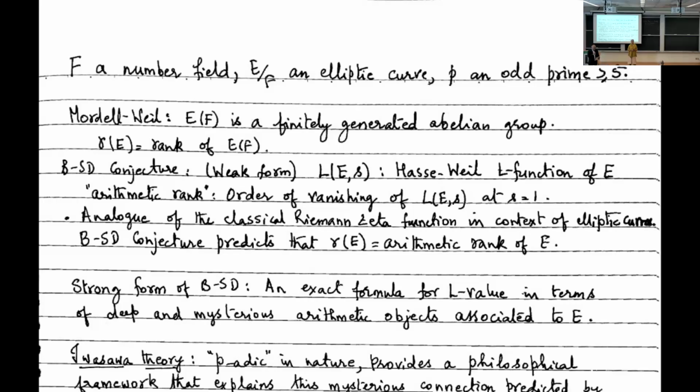Professor Ramdorai Sujatha holds a Canada Research Chair at UBC, and she works in Iwasawa theory, which may be considered a part of algebraic number theory. Before coming to UBC, she was a faculty member at the Tata Institute of Fundamental Research in Mumbai, where she was also a PhD student. She got her PhD in 1992 under the direction of Professor Parimala, who will also be speaking in the conference. I don't think she's here yet.